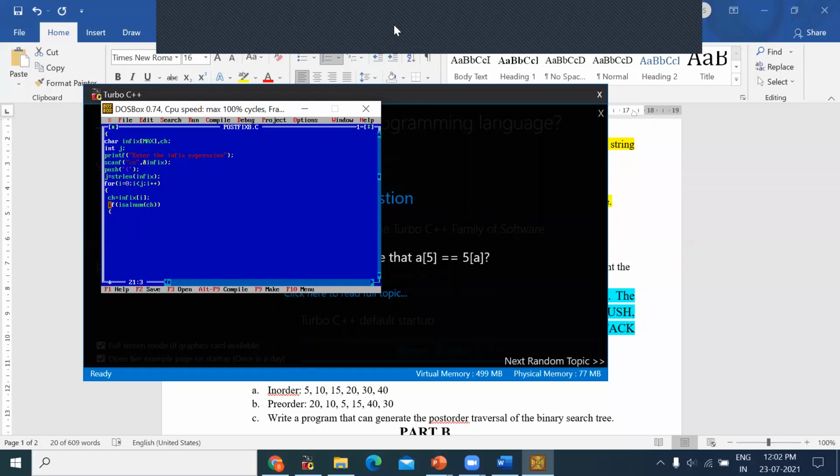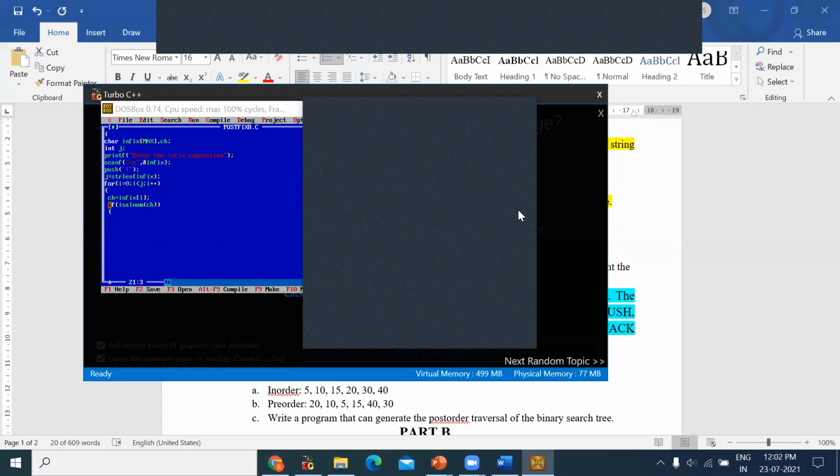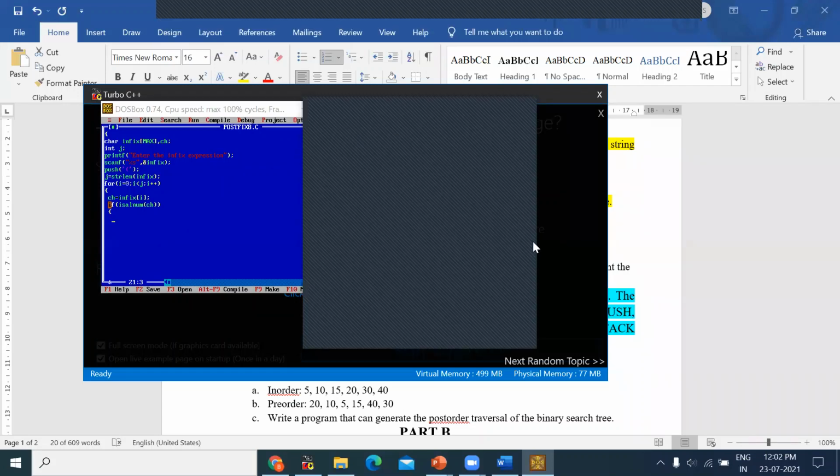Whether it is an operator or operand, or whether it is a left or right parenthesis? Answer me. What does it mean if isalnum of ch returns true?